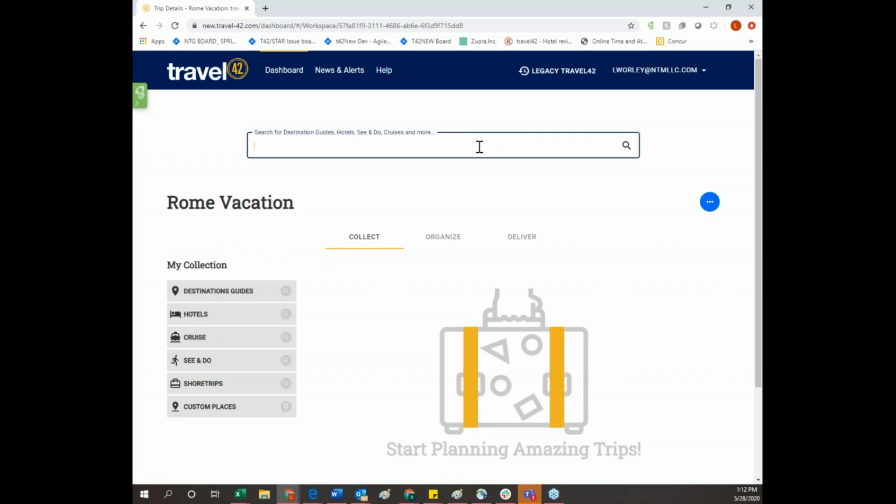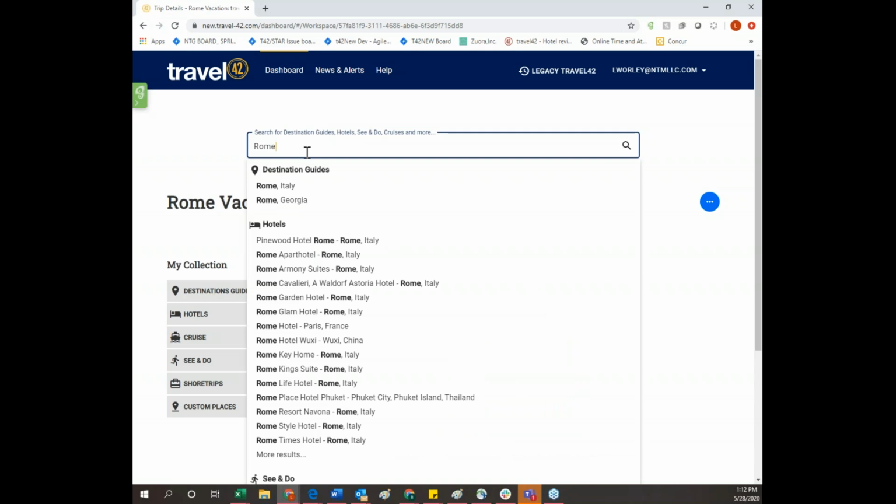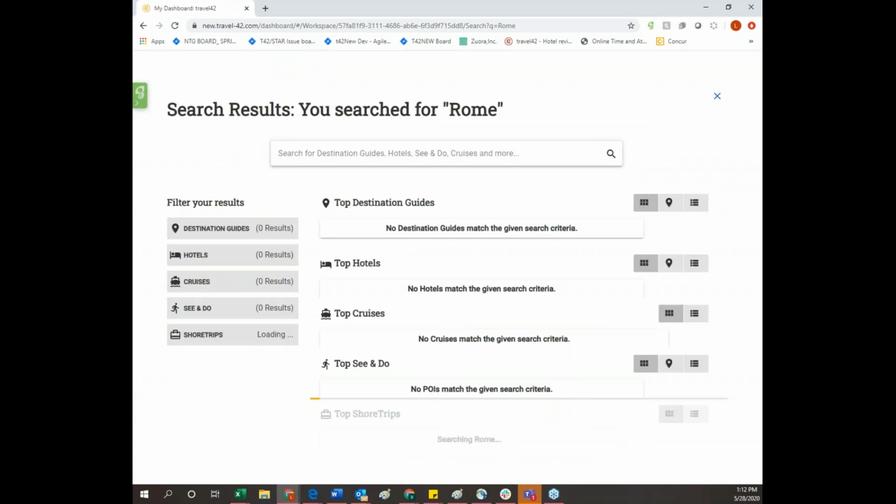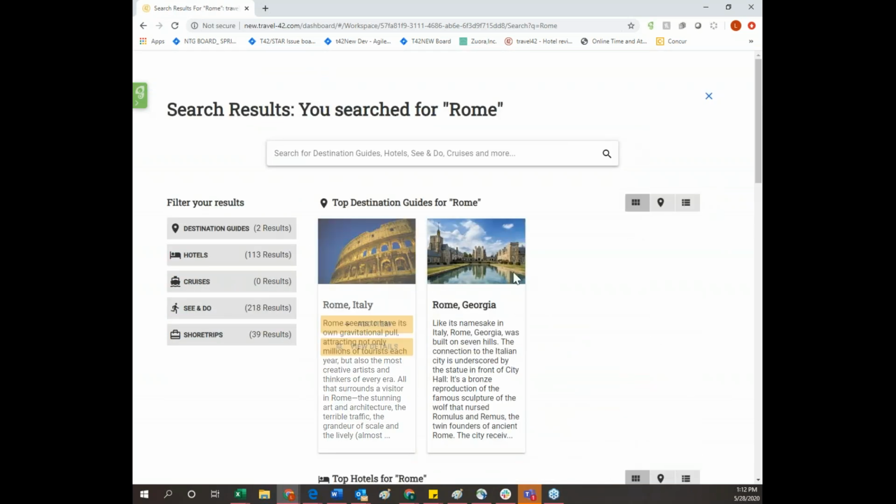I can simply type Rome. Give it 1 second. There we go. And you'll notice initially I get a drop down. So if I'm simply going to click Rome, Italy, I can just go right here. But you'll notice I have a lot more options that I could choose from. So I'm going to go ahead and click this magnifying glass or enter. Does the same thing to pull up all the information, just so I can show you guys exactly how to